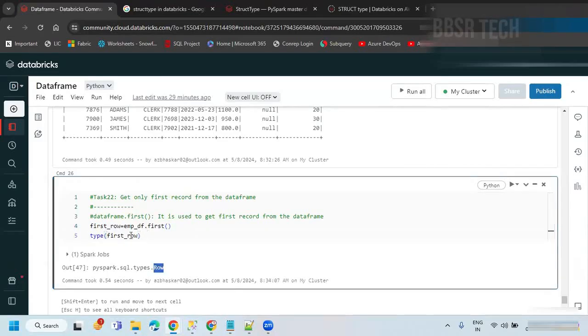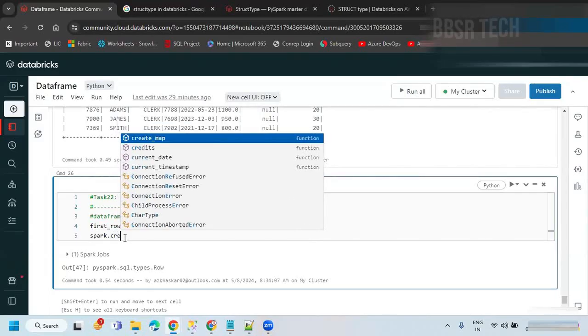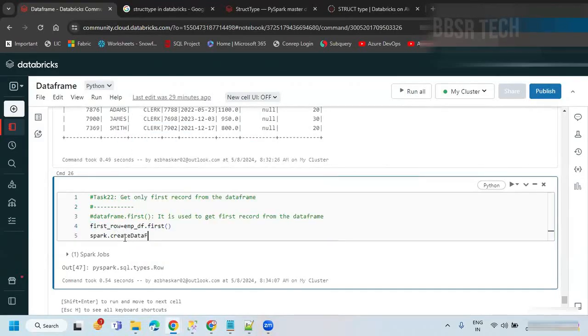Now I want to create a data frame for this particular row object. We can create a data frame from the row object also. We have seen we can create a data frame with local objects except row. Now we are going to see it with the row also, using spark.createDataFrame. I'm just going to pass this row object in a list, because it will take a list only. You have to keep it inside the braces and pass these values. Now if I say .show